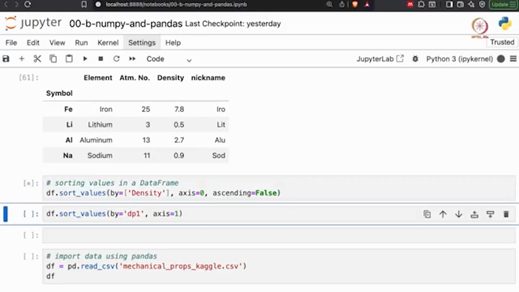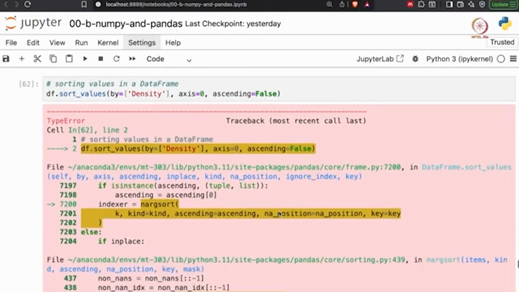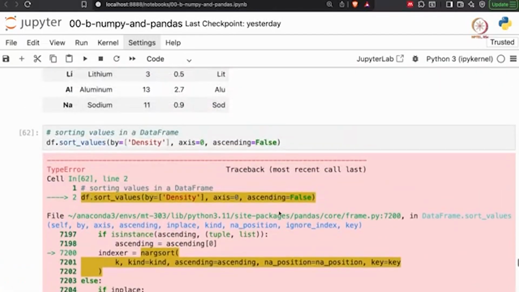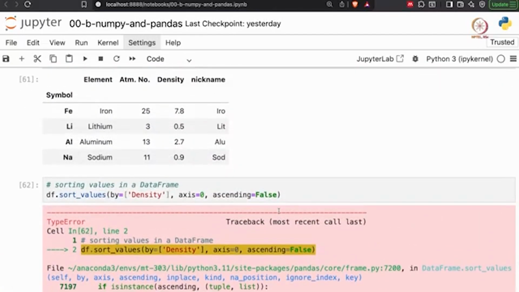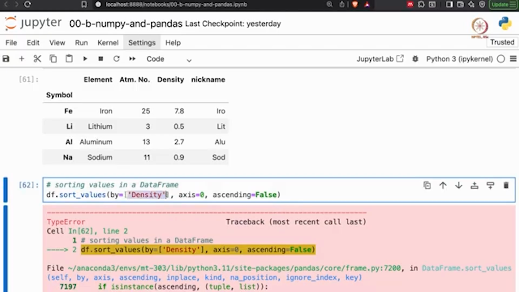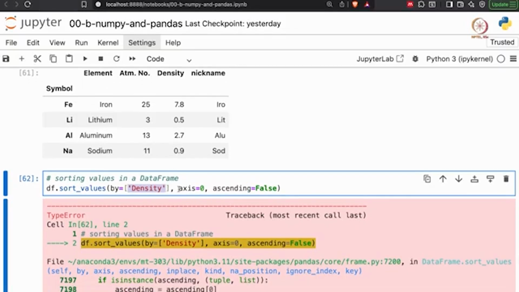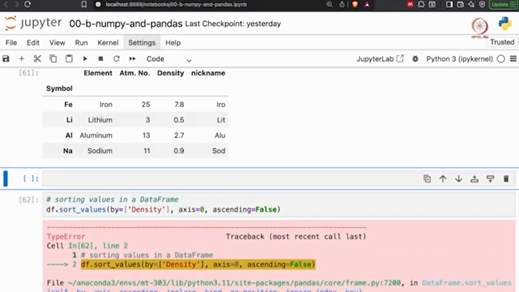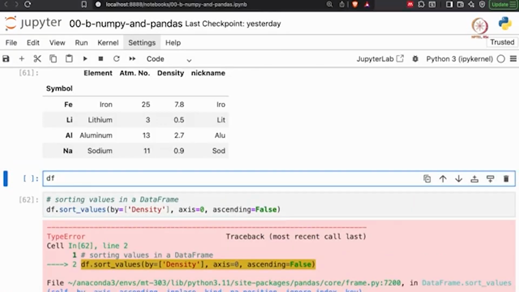So if we run this, okay, we get an error. Yes. So the reason for this error is the densities here are actually strings. We saw that previously, and strings cannot be sorted using the sort values method. So first what we need to do is convert the densities into integers. So one way to do that is, let's use the apply method. So let's say df density